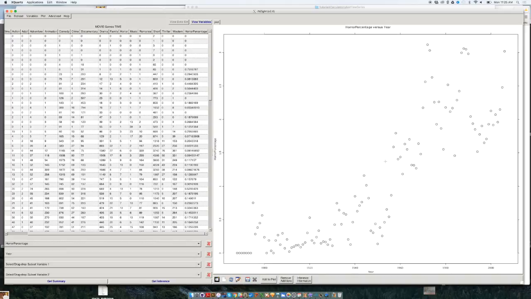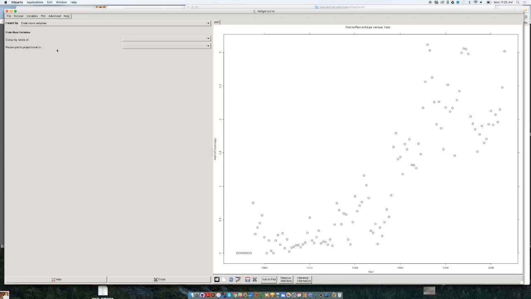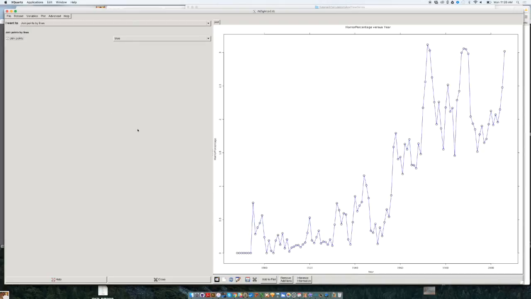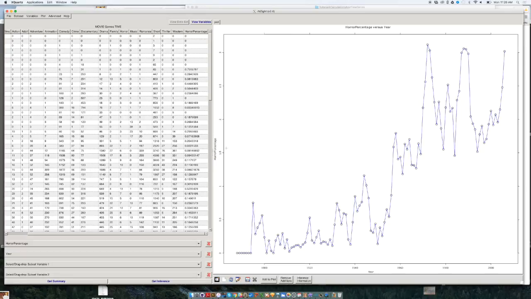Now, it will be appropriate in this case to draw the line so we can see the connections between the dots. So I'm going to go to add to plot, and then to this drop-down menu, join points by lines, and then click on join points, and automatically we will see the variation of that percentage of horror movies over the total number of movies. But as I said before, this is not how we are going to create time series charts. This is great if you only want to plot one single variable, but not if you want to compare several ones, or if you want to extract other useful information from a time series dataset. So let's proceed and see